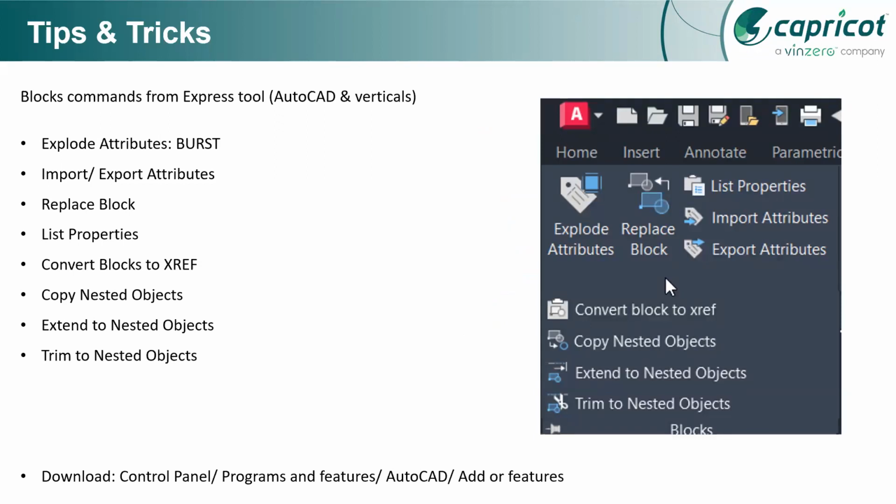Then in the Express tools, right, you'll have a couple of things like import attributes, replace the block, list property, convert blocks to xref, copy nested object, extend to nested object, trim to nested object. So all those things are under Express tools. Many times when AutoCAD is being installed, you need to make sure that the Express tools are checked, because Express tools have a lot of commands which are going to be usable by a user, and they have a lot of usage,